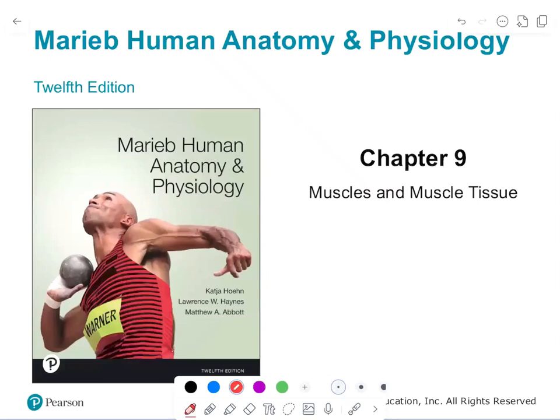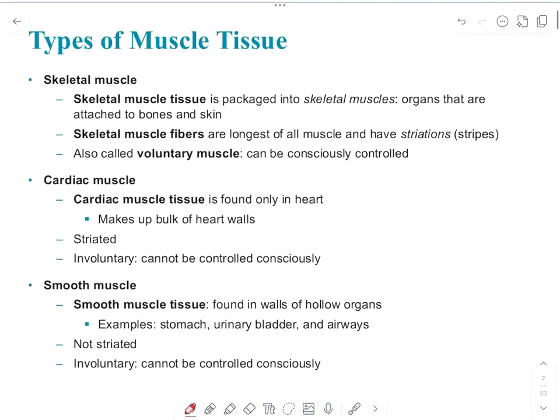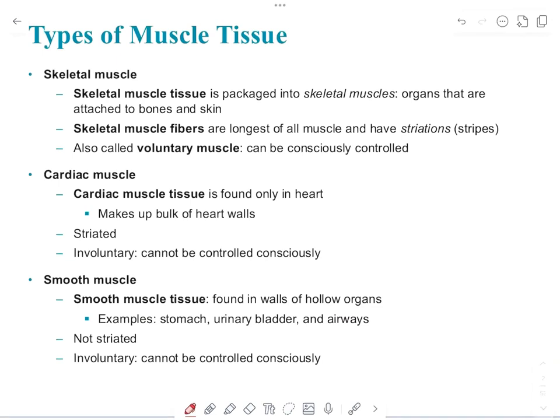In this chapter, we will be discussing muscle and muscle tissue. The large majority of the chapter is on skeletal muscle, and then at the end of the chapter, we're going to discuss smooth muscle. So, first of all, we need to compare the three different types of muscles that we